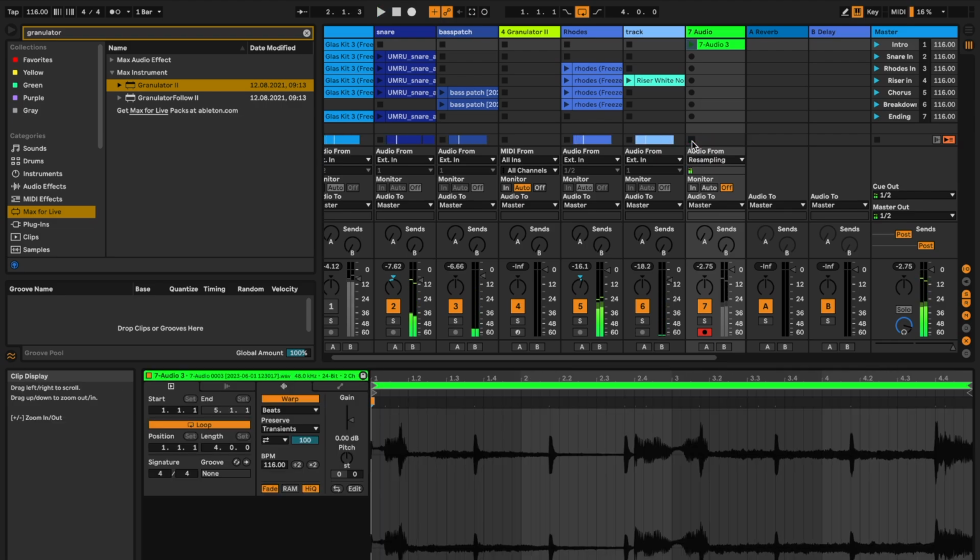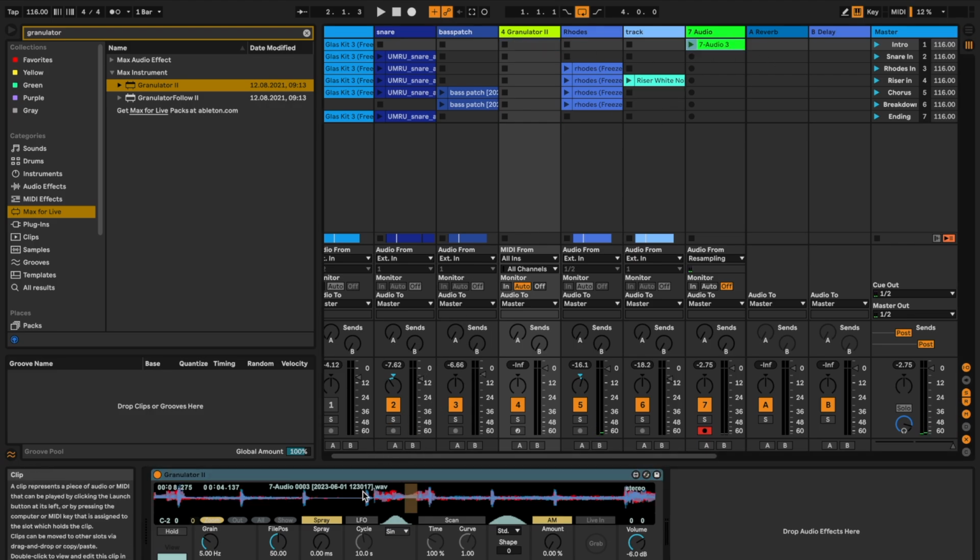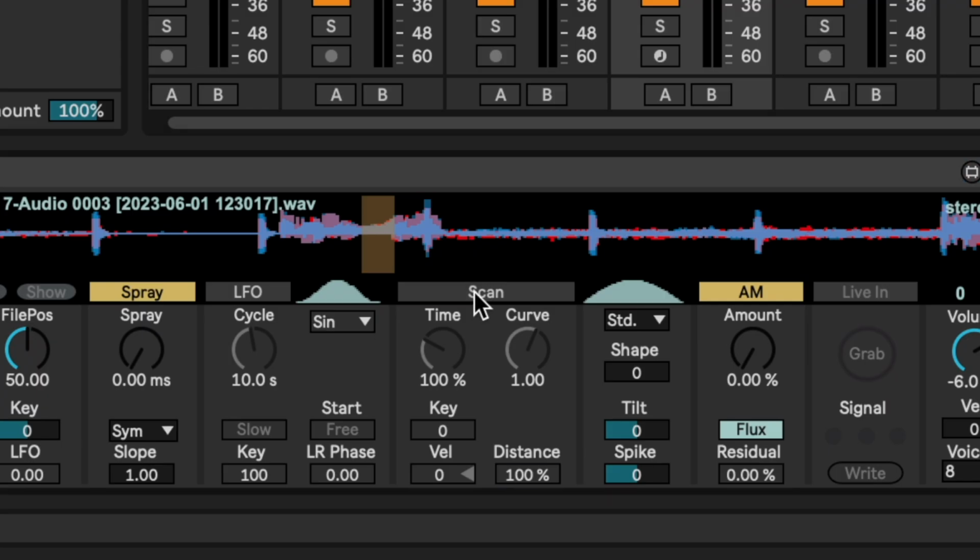Okay. Now let's go to the Granulator track and drag that audio clip straight in. Now, because I made sure to record a clip that was an exact number of bars, at this tempo, I can play this whole sample back just like I would play back a clip, and I can keep it in time with the tempo. If I turn on scan